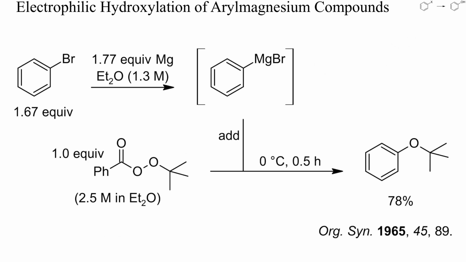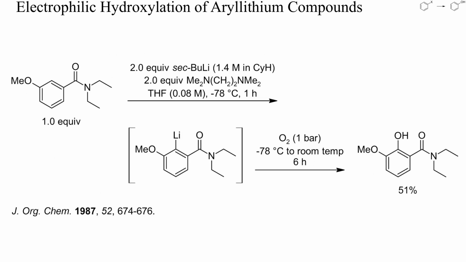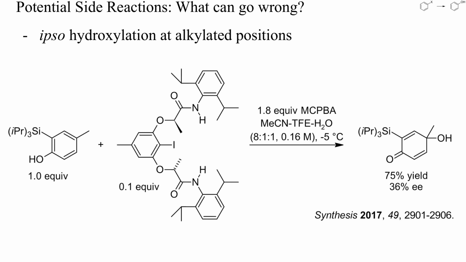Aryl Grignard reagents can also be oxidized directly to protected phenols, for instance by treatment with peroxides. One potential byproduct here could have been benzophenone, but nucleophilic attack at the peroxy oxygen was faster than attack at the carbonyl group. Alternatively, polar organometallics might also react with elemental oxygen, as in this example. Intermediate peroxides will also quickly oxidize the polar organometallic. To attain high yields, it's important to dry the oxygen, for instance by passing it through a dry ice cooling trap. Let's have a look at some of the many potential side reactions.